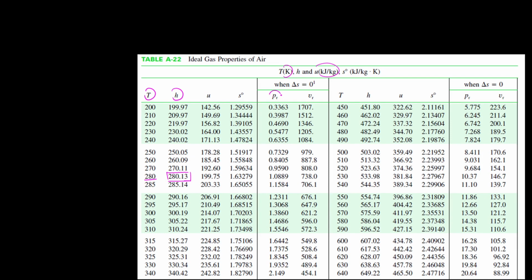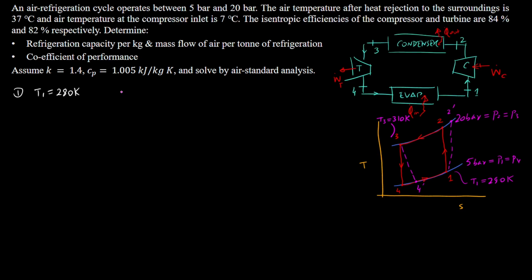And across this we also read this value, which is PR, relative reference pressure, and we write this value as well. So it's 1.0889, and because it's a ratio, it doesn't have any units, and we pick up these values and we write them down here, that we've got